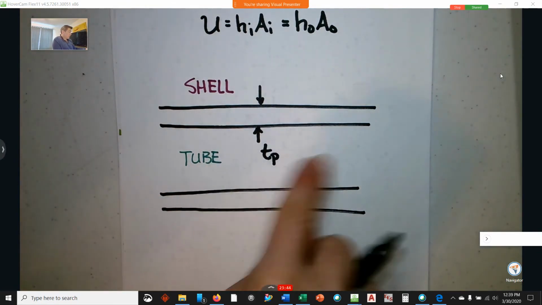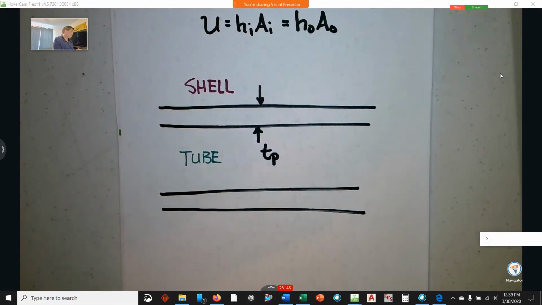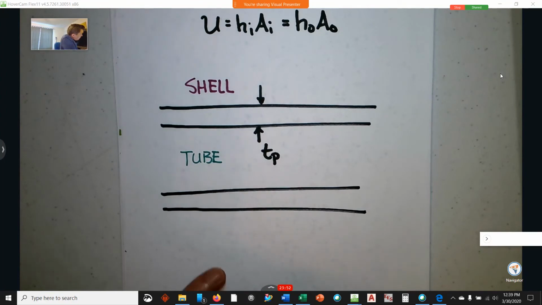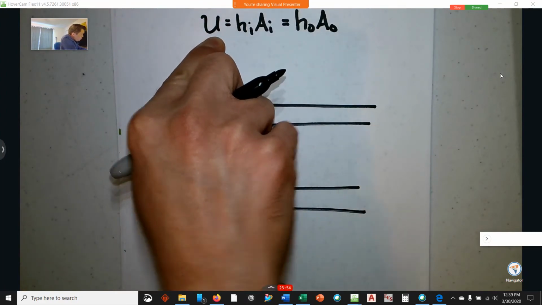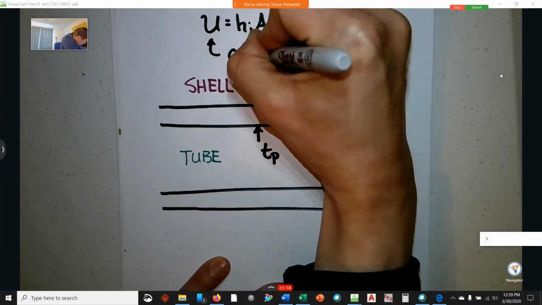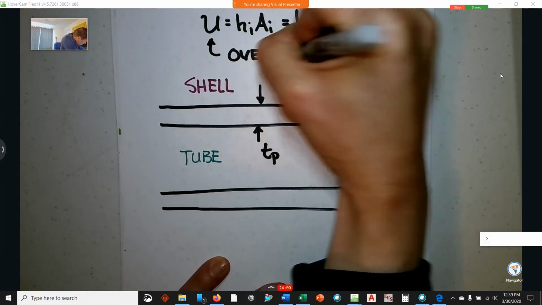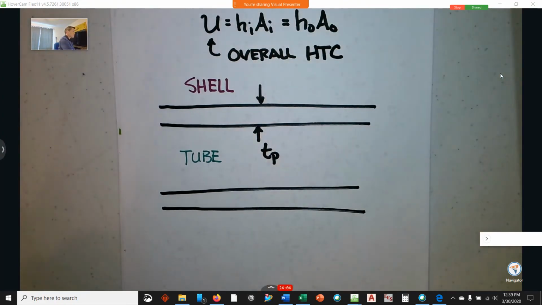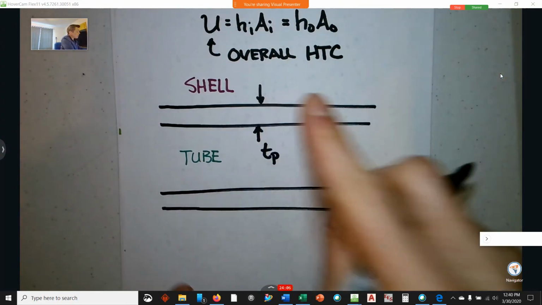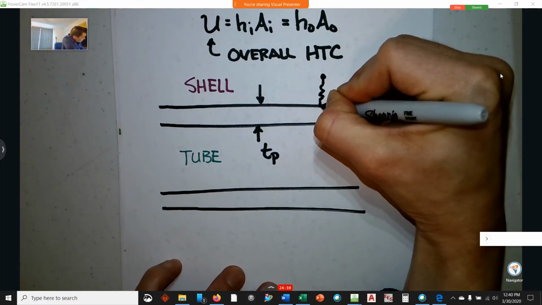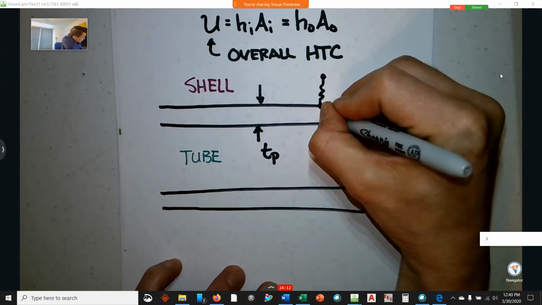But then the sum of all the inner areas will be much less than the sum of all the outer areas. So that's what this overall heat transfer coefficient, U, is, the overall heat transfer coefficient. And you get there by taking a resistance network, and you see h_i A_i, you have